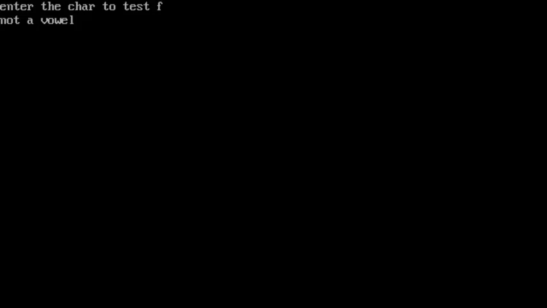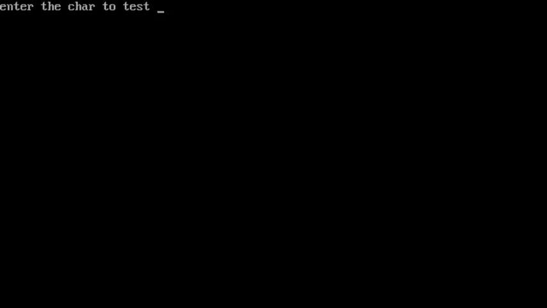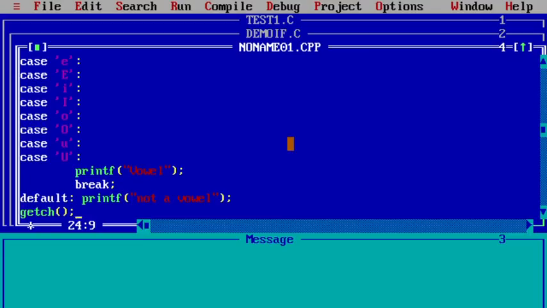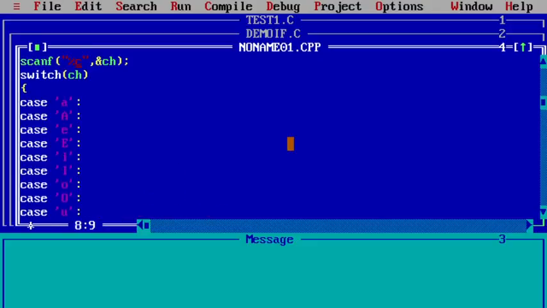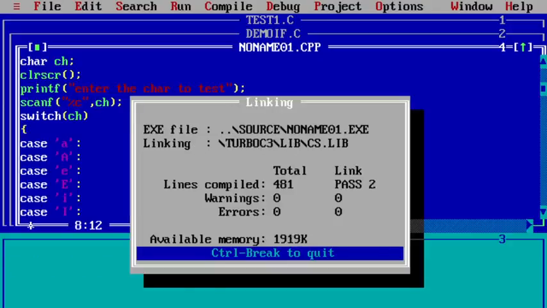F is not a vowel, right? If I use E, then E is also not a vowel, it is not matching.